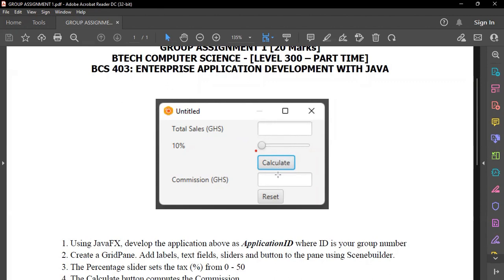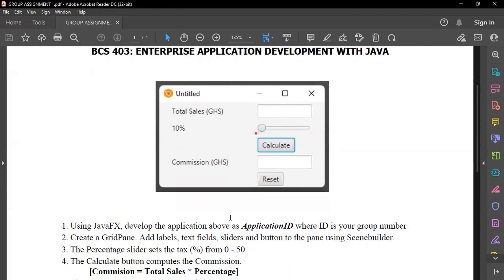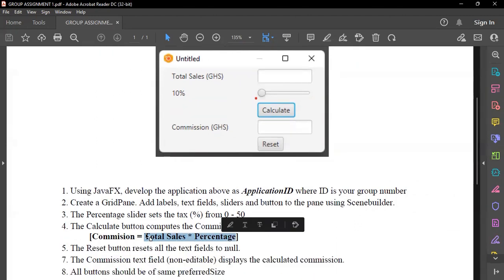And then the calculate button will calculate the commission based on this value given over here. So the commission